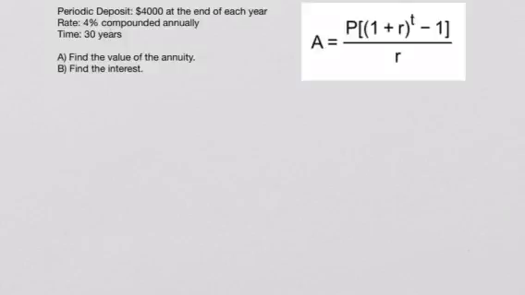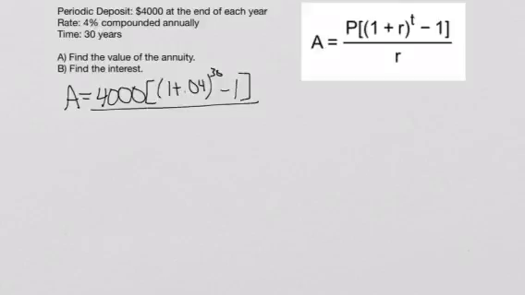Well, the formula over here on the right is our formula for finding the annuity for compounded annually, where P is your periodic deposit amount, R is your rate, and T is the time. Alright, so in order to find my annuity amount, we're just going to plug in. So we have A equals 4,000 times 1 plus my rate, which is 0.04, raised to the t power, which is 30, and then minus 1,